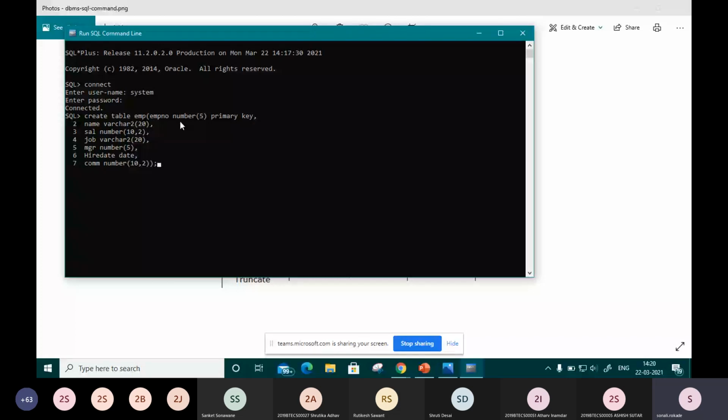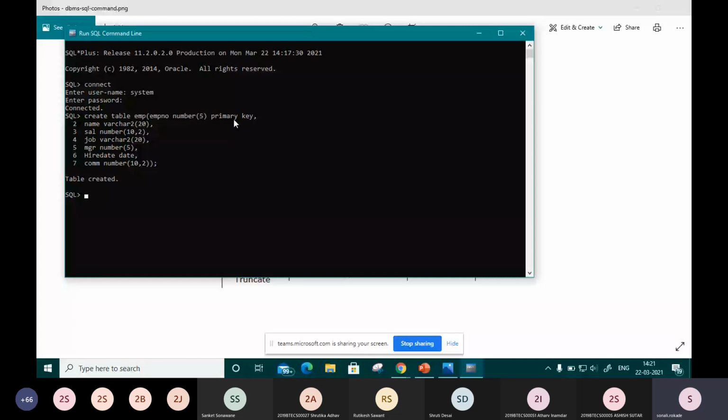Okay, so here we have created a table. We have passed our first DDL command, create table, the name of that table, with a list of attributes. These attributes are preceded by their data type and size, and if we want to pass any key constraint, we write the name of that constraint in front of that attribute. Let's check whether it is being created or not. Yes, the table is created.